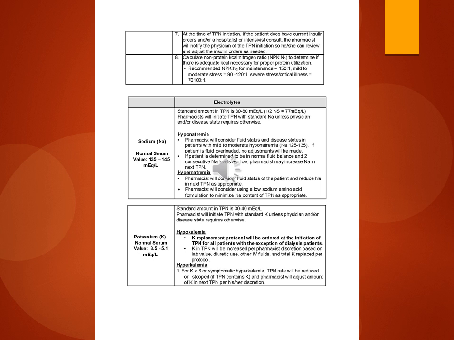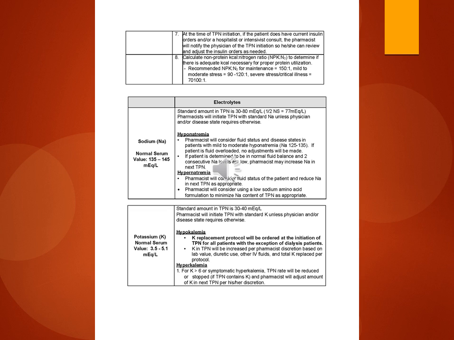8. Calculate non-protein kcal:-nitrogen ratio, NPK:(N2), to determine if here is adequate kcal necessary for proper protein utilization. Recommended NPK:(N2) for maintenance equals 150, 1, mild to moderate, stress equals 90, 120 to 1, severe stress/critical, illness equals